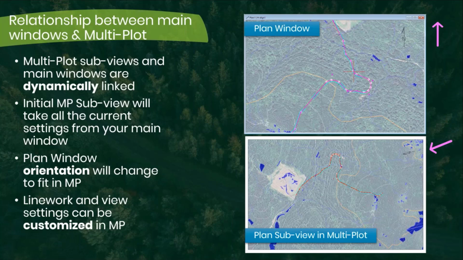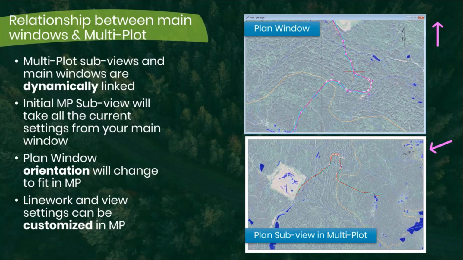If you are, and this is the question in the chat, which is how do I carry my line type changes from the design to multiplot? If you've already modified your multiplot, I would just reinsert that subview into multiplot fresh, which would allow it to happen. The other concept here, in terms of understanding the relationship between the main windows and